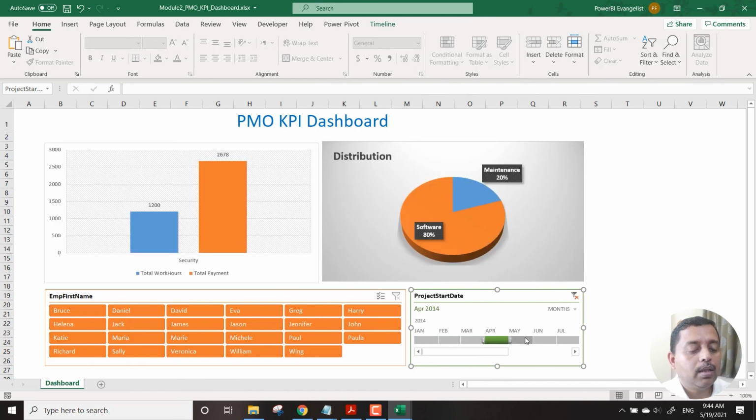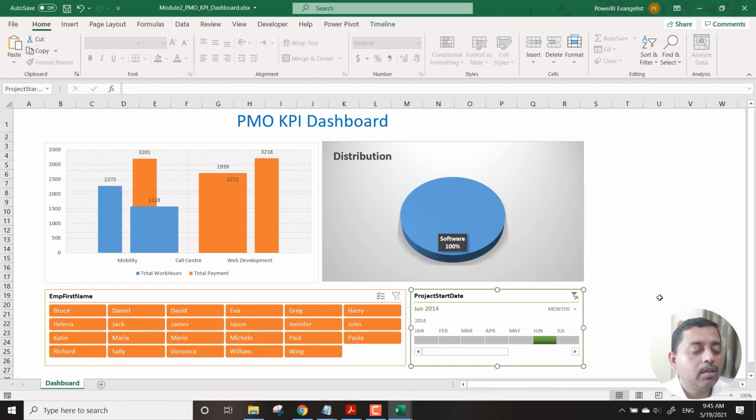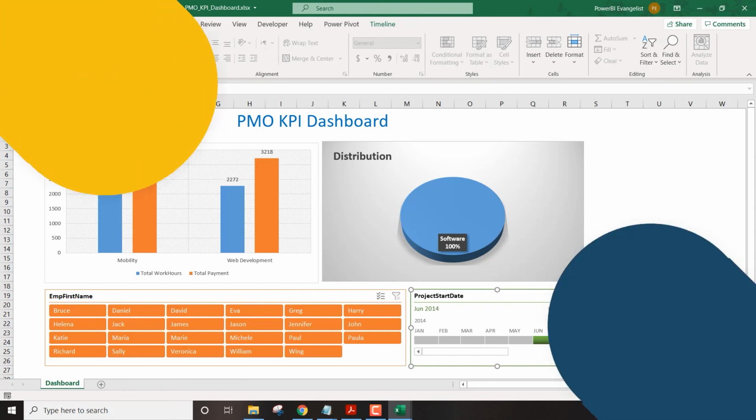You can see that the data started from April, and security projects started, and then as we proceeded with May, most of the operational projects were there. So you can slice and dice. So this is the KPI dashboard, and this is the power of Power BI in Excel primarily.